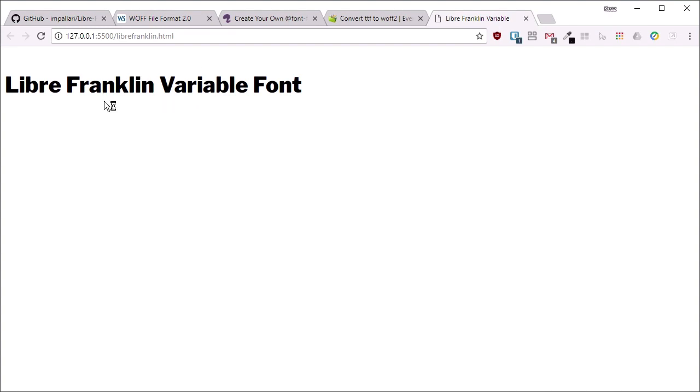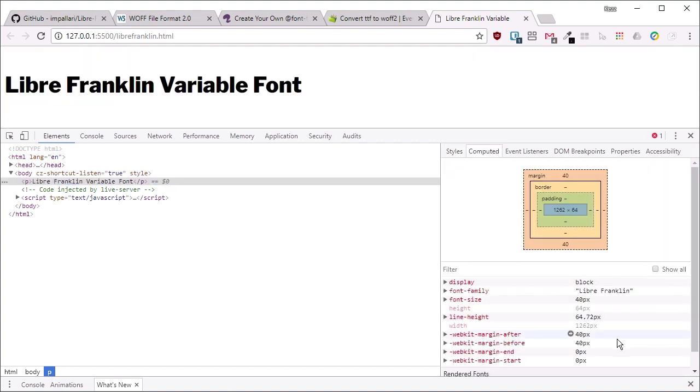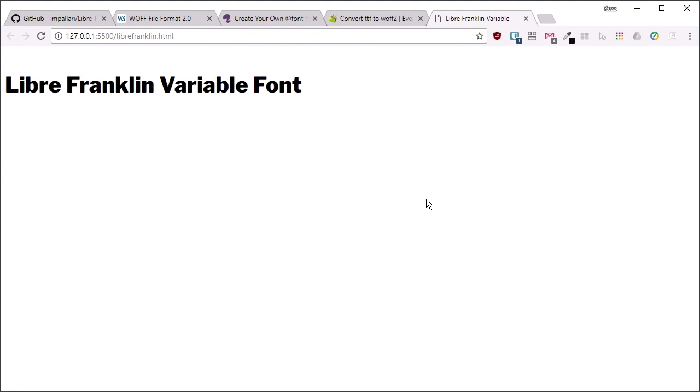And there we go. That's our Libre Franklin variable font. So we can inspect it and make sure that the font is coming through correctly. So there we go. There's our font family. And now to make sure it really is variable, without digging into too much code that we actually need to cover in the next few lessons,